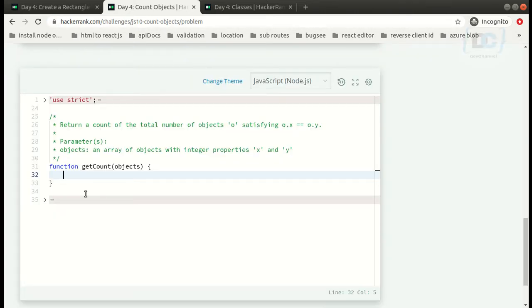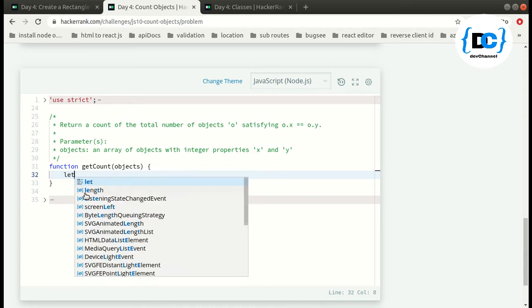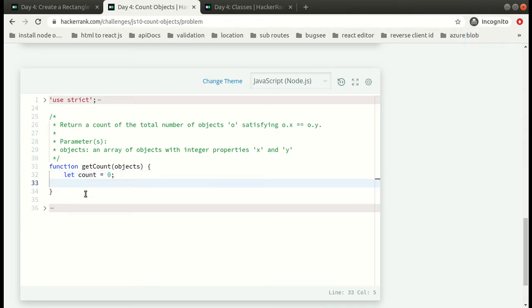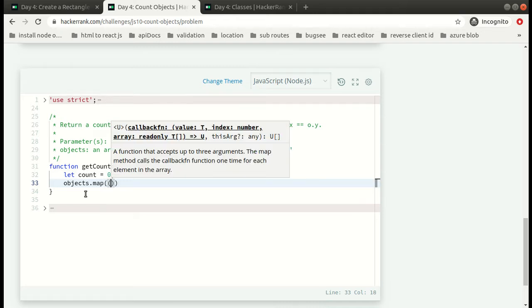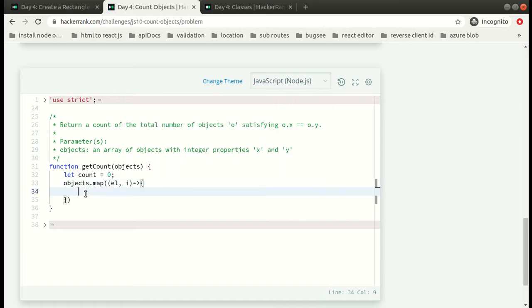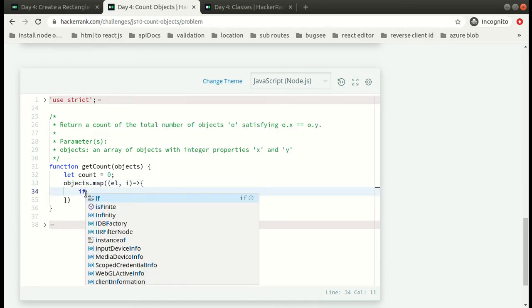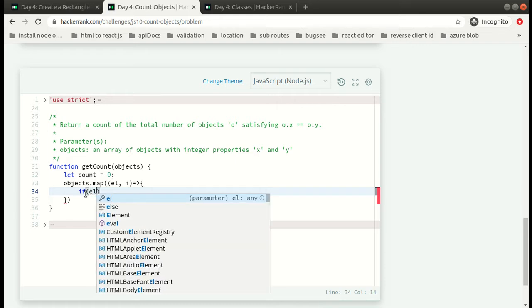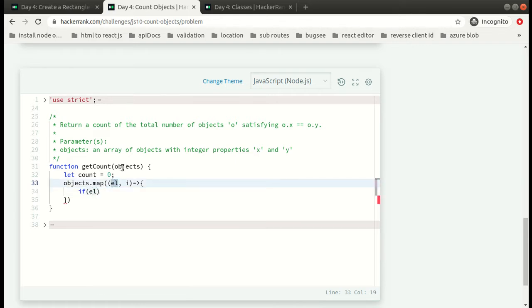Over here I will be using the map method to iterate over the array of objects. Let count equal 0 initially, and objects.map, and as I've told you, we have access to the element and the index. Now in the case of this array of objects, our element corresponds to a particular object.